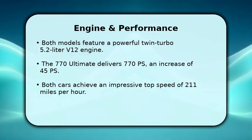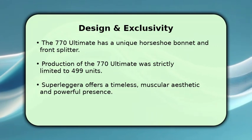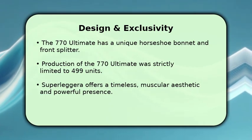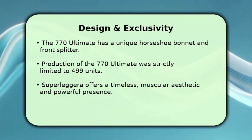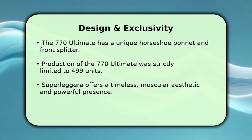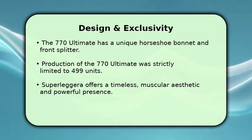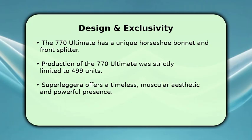offering exhilarating acceleration. Visually, the DBS 770 Ultimate distinguishes itself with unique aerodynamic elements, including a redesigned horseshoe bonnet vent and a more aggressive front splitter. Its exclusivity is a major draw, with only 499 examples ever produced worldwide. In contrast, the Superleggera presents a classic, powerful aesthetic, embodying Aston Martin's grand touring philosophy with its muscular lines and